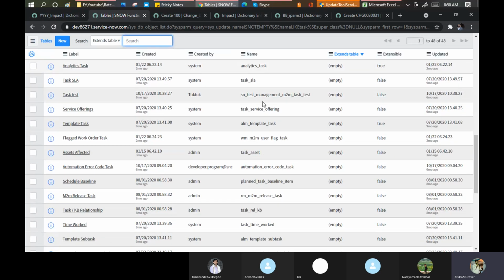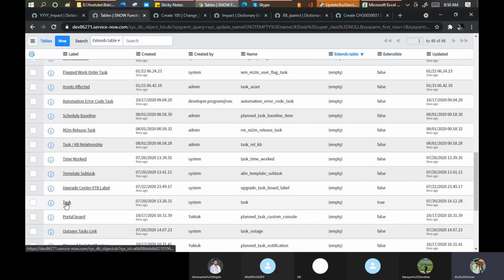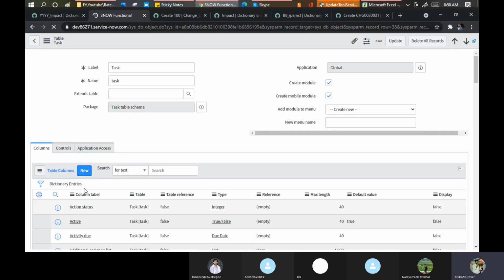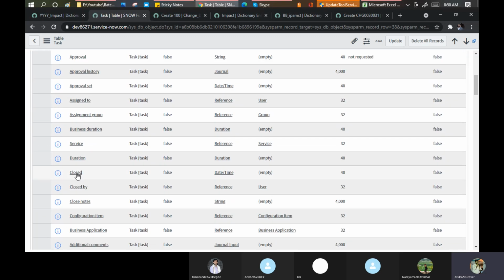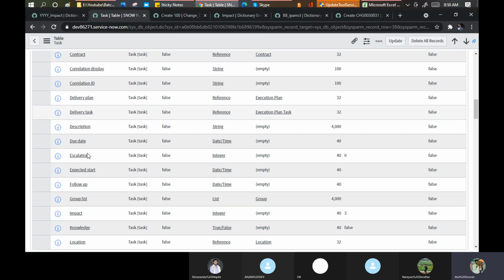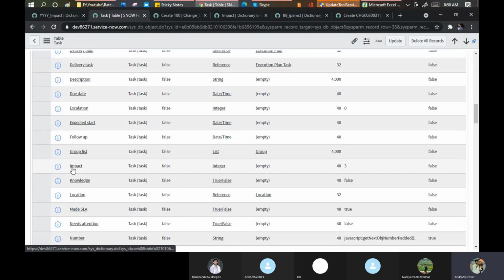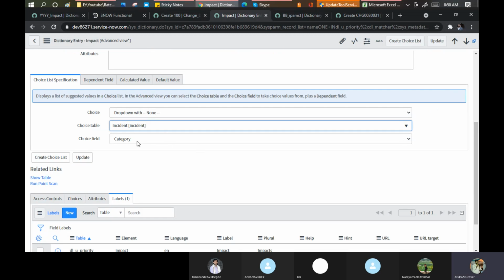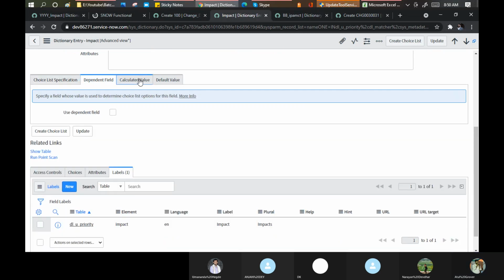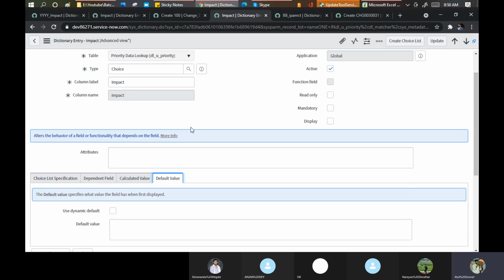Congregate task table. This is okay. Open this. Okay. And here we will see the impact field. Impact here, see here they put the integer. If you see there, and on the DL on this particular place, they put it as incident, but still the category is coming as an incident here only. No dependent, no default values there for them. It was something running in the background.